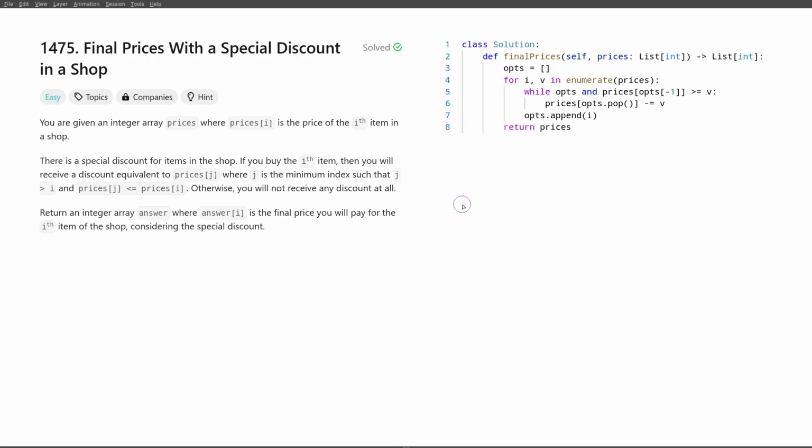However, for some items, we don't know the result yet. And what does it mean for us not to know that result? Well, it means that there was no element that was smaller than that element to the right of it. That means that the list of elements for which we do not have the result at this point is increasing. It's obvious that it's increasing because if it wasn't increasing when they are ordered by their index, then that means